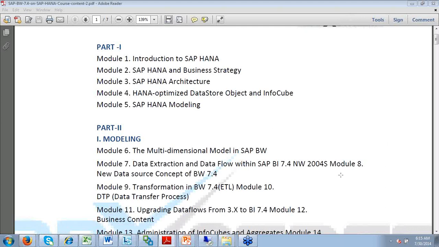All right, so here in part 2, we try to understand the modeling. These are all the topics that we'll try to understand. This is core BW, where we're looking at multidimensional modeling. We're trying to understand how to go ahead